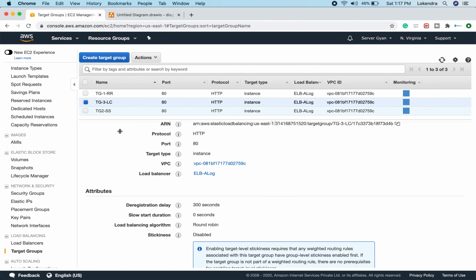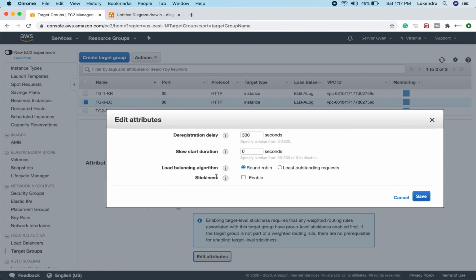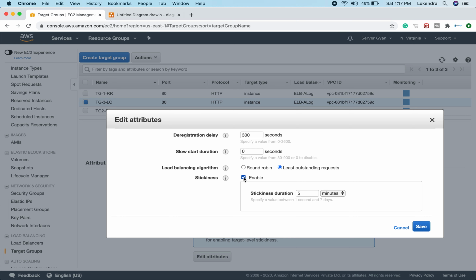Next is least connection. So we will go here and check that. And guys, keep this in mind, this is an interview question: how we can select, where do we select these routing topologies or load balancing algorithms. So guys, these are target group based attributes. It could be possible that one target group is working with least connection, one is working with round robin, and another one is working with least connection along with sticky session. So we can enable that here as well.